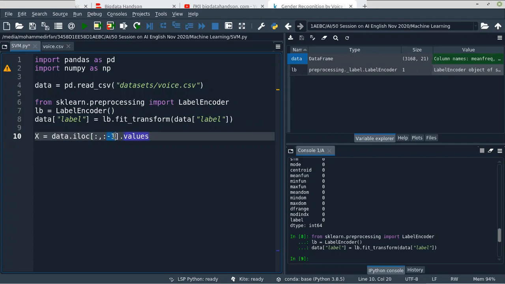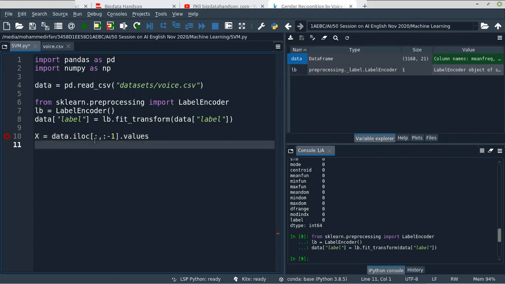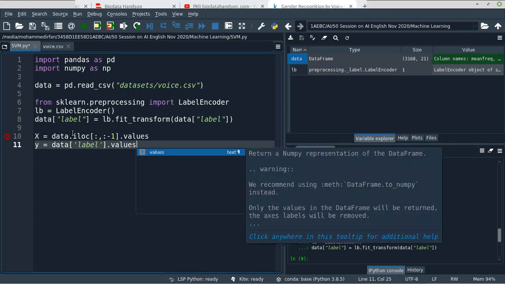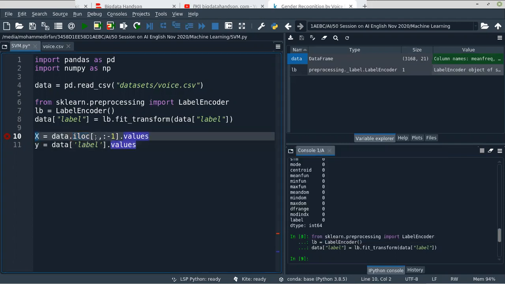In Python, reverse indexing starts with -1, so -1 means the last column. So we are just excluding the last column. For y, we'll select the label column. So we select all the columns without the label in x, and in y we select only the label column.